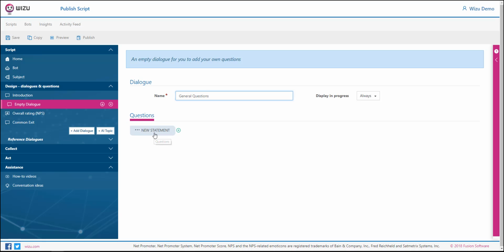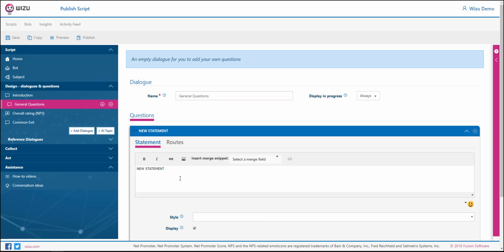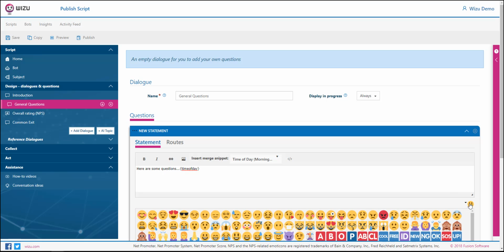Your dialog will have a statement in by default, so let's edit this opening statement. A statement does not require a response and can be used to offer explanations or reactions. You can use the text editor to change the statement, add a link or upload an image, or insert a merge snippet such as referencing the time of day. You can add an emoji,